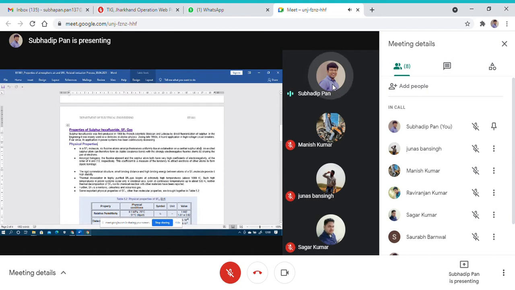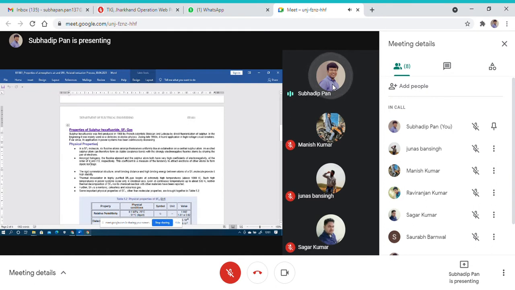The structure you will see in chemistry. What will be the structure of SF6? S will be in the middle, and from the middle it will be uniformly structured like an octahedron. An excited sulfur atom can therefore form six stable covalent bonds with a strongly electronegative fluorine atom by sharing a pair of electrons. That is the structure of a particular molecule of SF6 that is described in this property part.